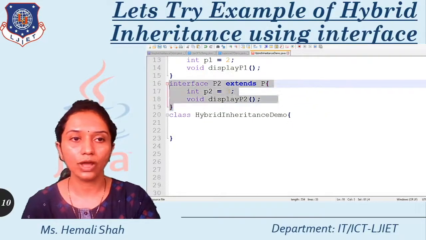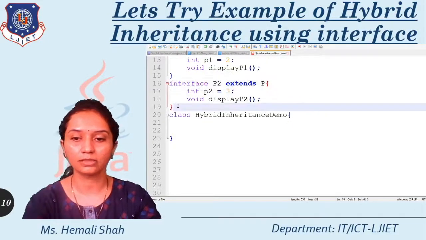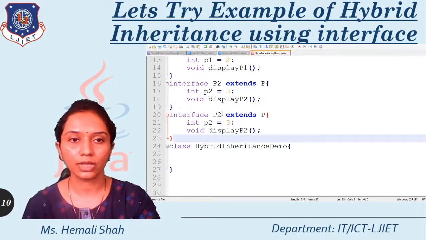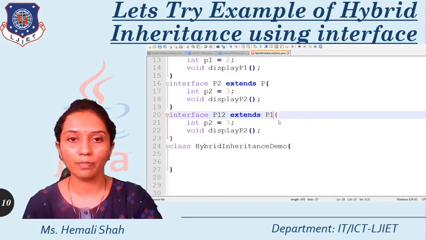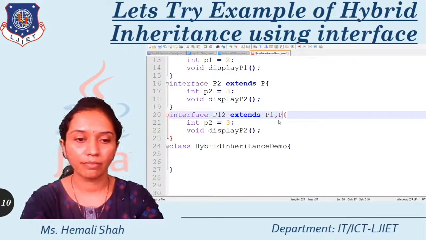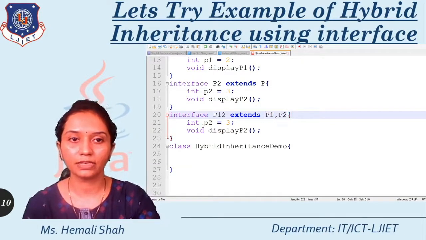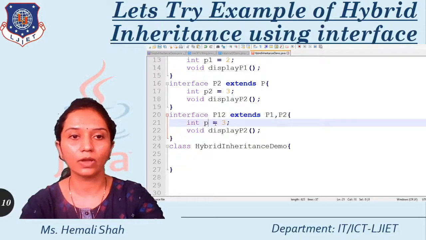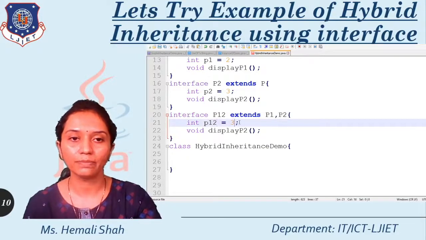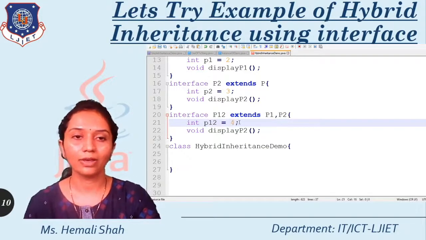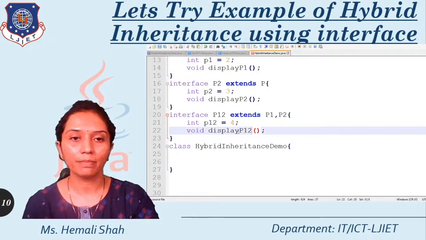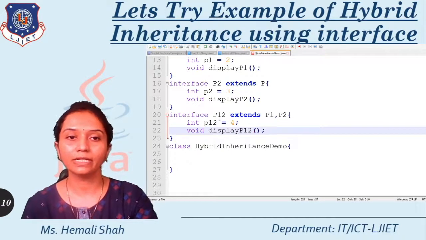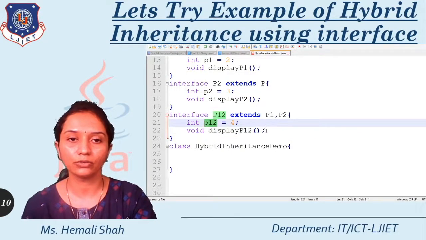That means again you have to create one more interface. The name you should use as per the definition is p12, and it extends p1, p2, right. Now inside this I am making one constant p12 and keeping the value 4. Now making the function display p12, it will display the constant p12 value.